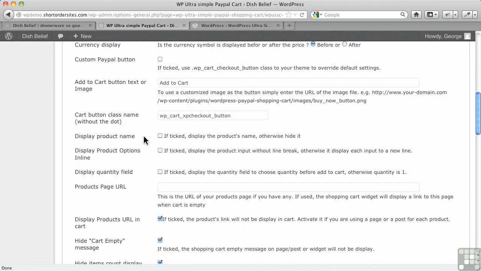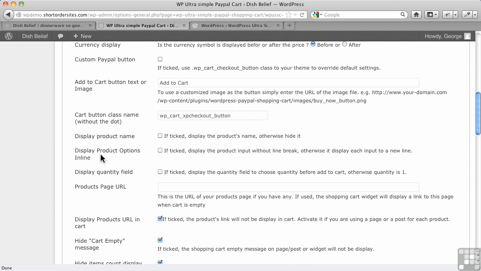Display product name, all right? If you tick this off, this is going to affect the display in the shopping cart. But next one here, because this looks like it's related to the same place, this one is about product options on the product page itself.